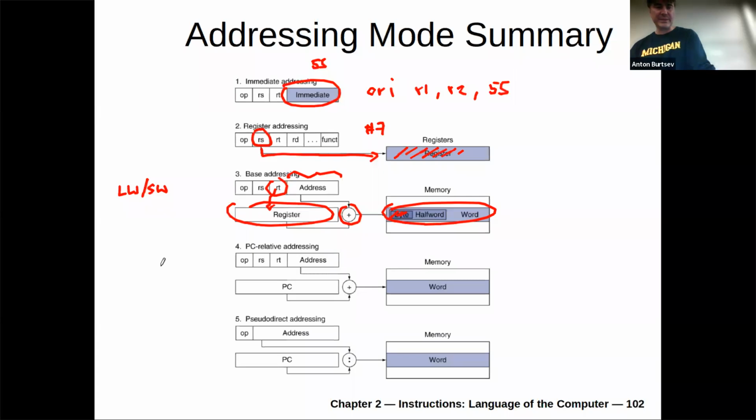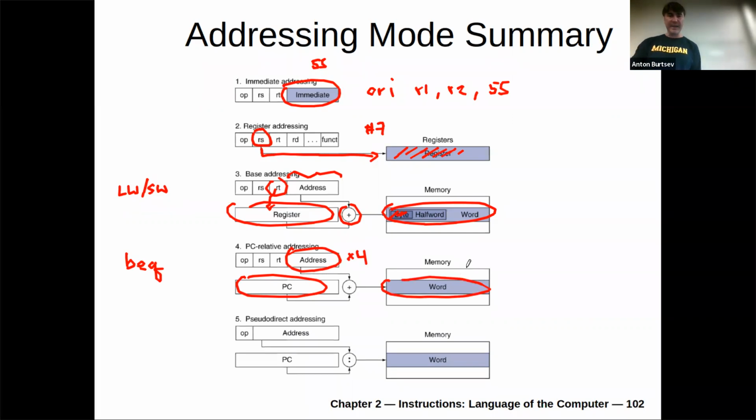PC relative addressing is the example of this branch. When equal, for example, you say it's relative to the program counter. You take the address from the instruction and you add it to the PC. Remember that here you multiply by 4 and you go to the word in memory, right? Something like that. And then pseudo direct addressing is